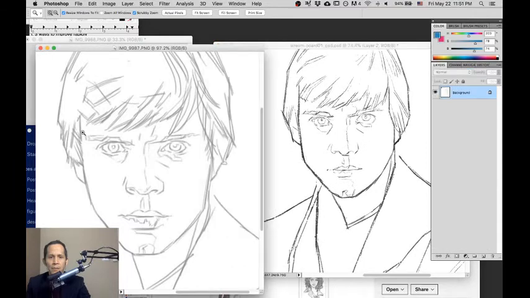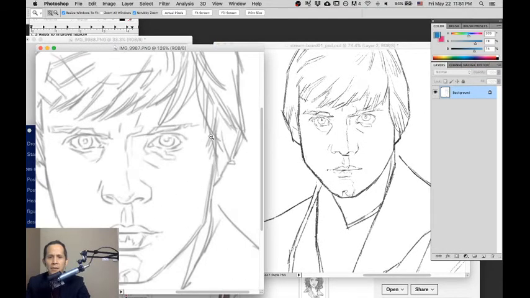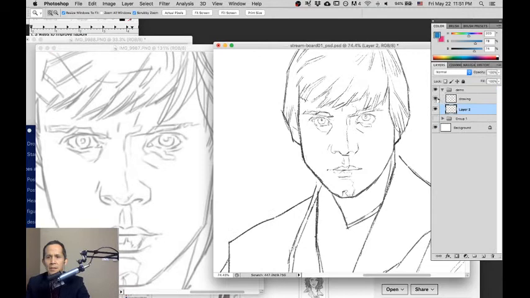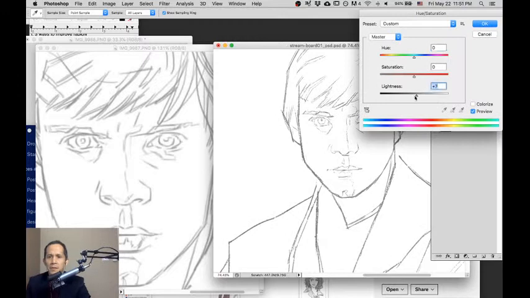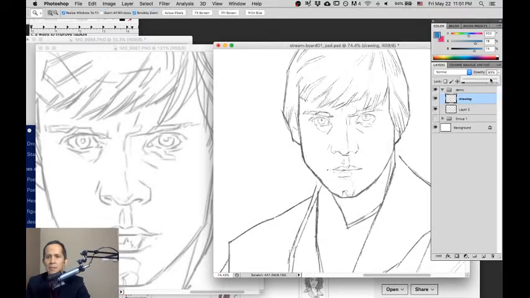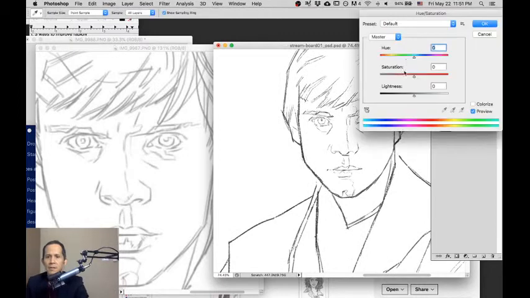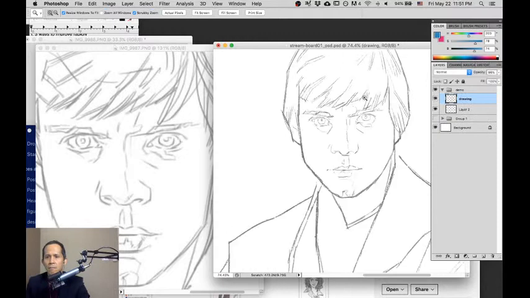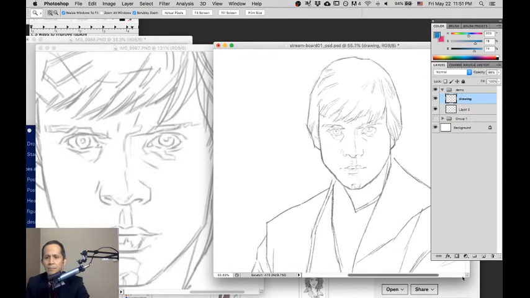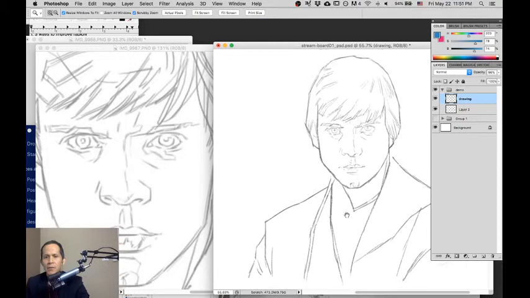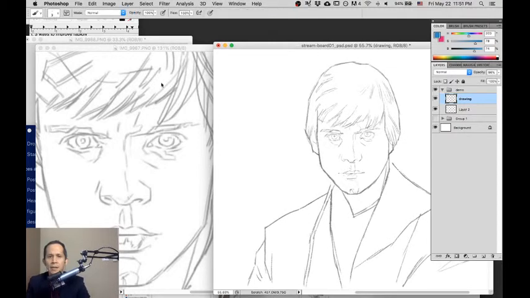And I'm also looking, well, his value is different than mine. So either he turned down the opacity, or he doesn't use pure black. So that's something I've got to keep in mind. There is a disadvantage to using pure black. And if you draw long enough, you can see